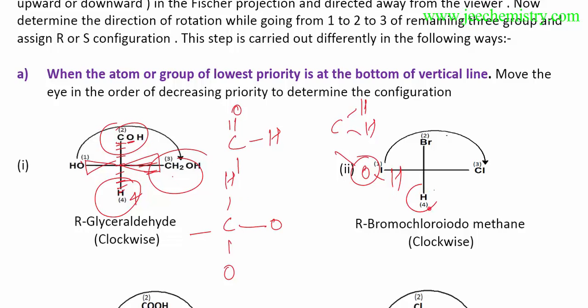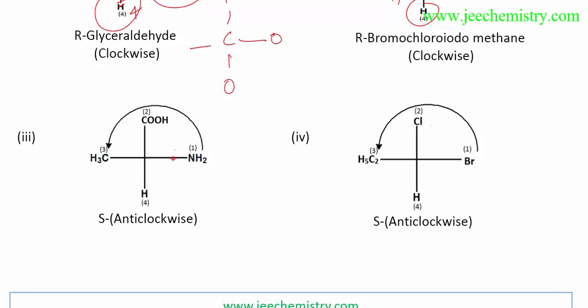Now in this compound, the fourth group is in the lowest position, this is fine. Iodine has the highest atomic number, then bromine, then chlorine. This follows in this order, so this is R, clockwise. Here also, nitrogen has the highest atomic number, the first atom we have to consider. Now carbon: this carbon has only hydrogen, this carbon has oxygen, so this will be the higher atomic number priority group. This is given 2, this is given 4. Hydrogen is the lowest priority group in the downward direction. This is fine. This flows in the anti-clockwise direction, so this is given S configuration.